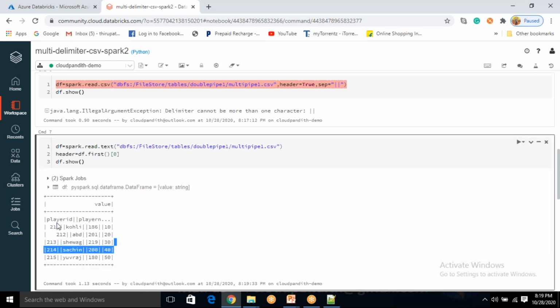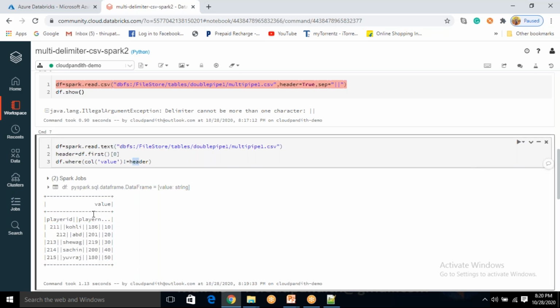Now what I want to do is separate my headers. I want to remove this header information from this data set. So for that you need to use something called where my column is value. See, your column name, your header name, is value. If the value is not equal to your header, understood? Meaning, in this value column, wherever you see this particular header, you remove it and return the other values. So you are saying not equal to header.